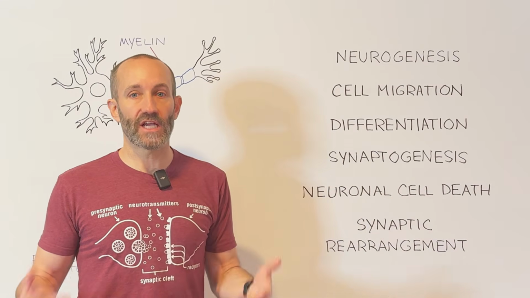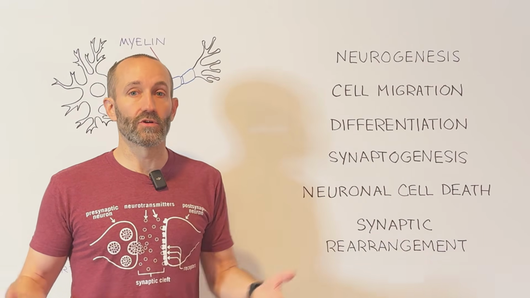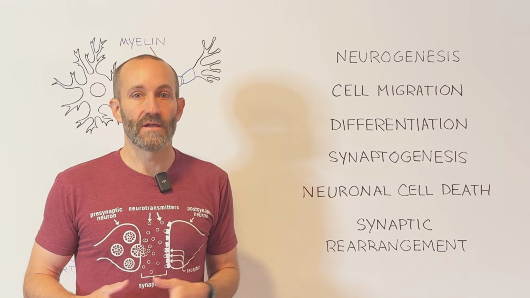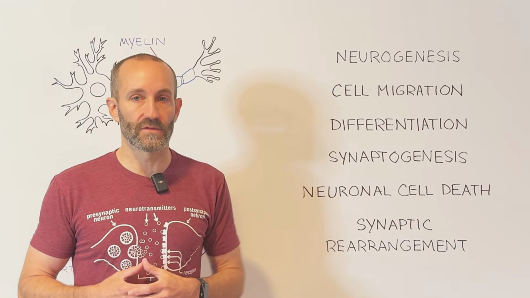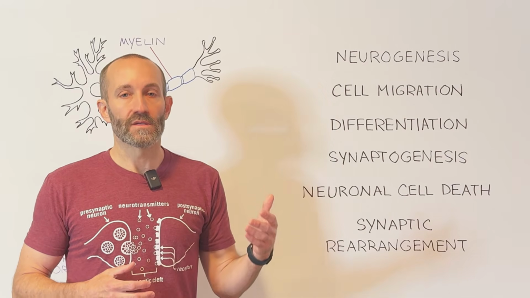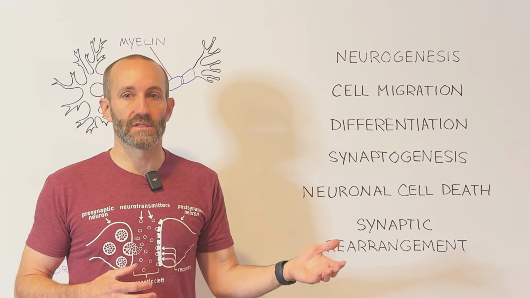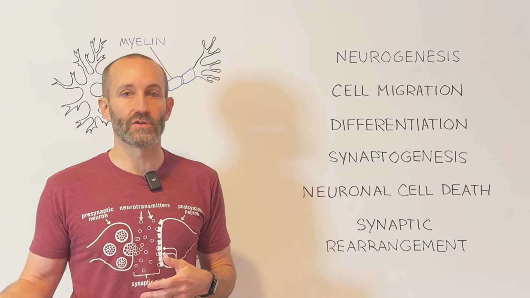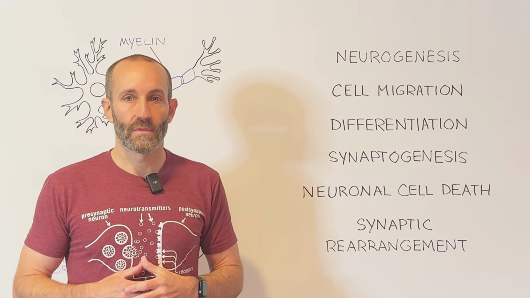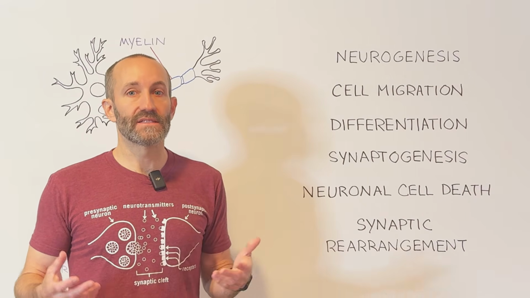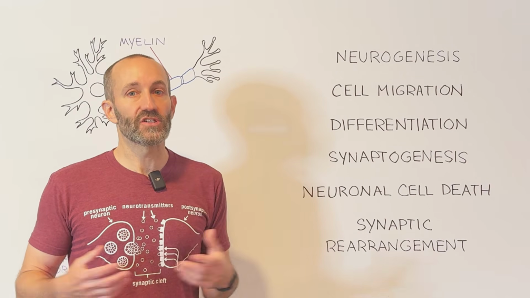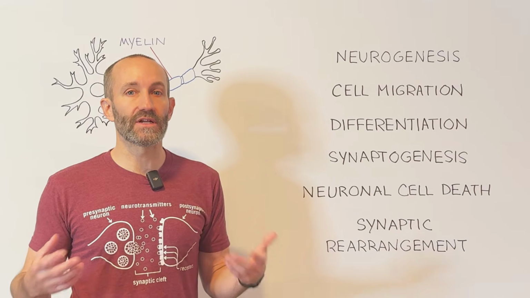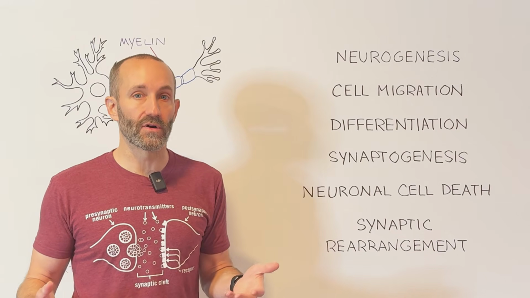They develop distinct shapes, express particular neurotransmitters and receptor proteins, and begin to take on the functional identity that will characterize them in the mature nervous system. For example, some will become excitatory projection neurons, and others will become inhibitory interneurons, and so on. They also begin to form axons and dendrites, which are necessary for communication with other cells. So differentiation is the process by which a newly generated neuron becomes a particular kind of neuron with a specific